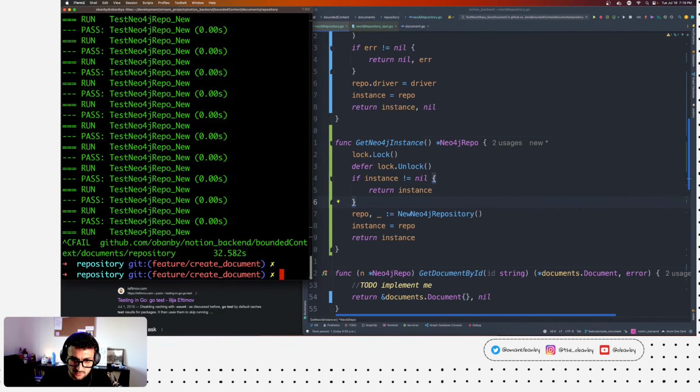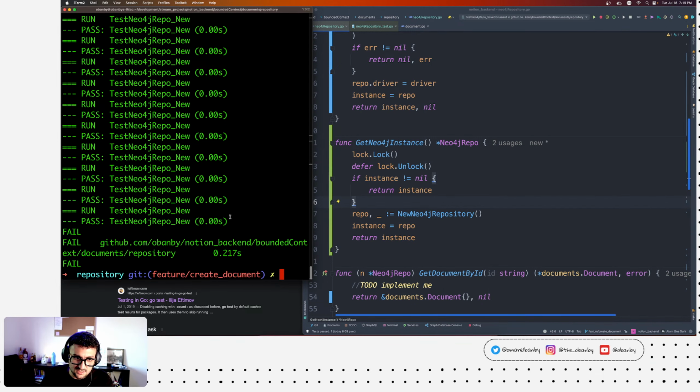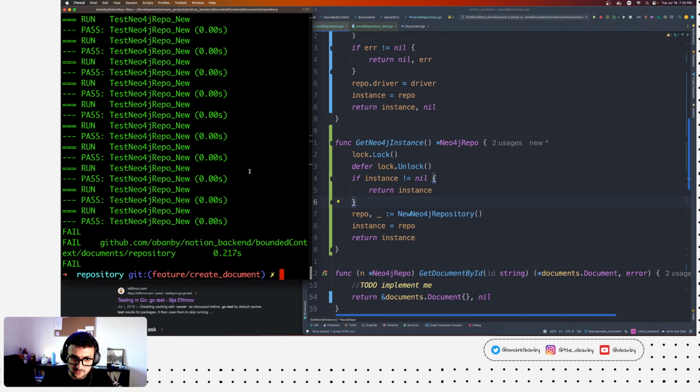So now, out of the 100, okay, this has run, but still something is wrong, right? Let's see. Different instance of the repo.